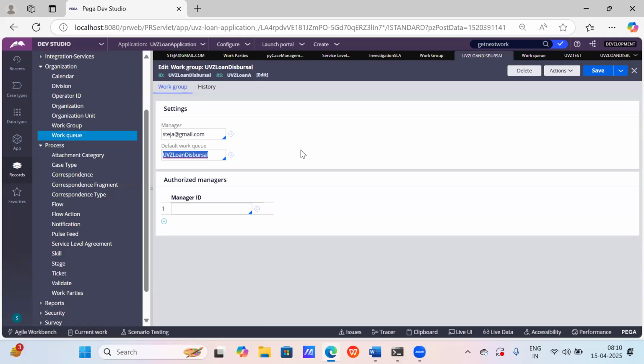So it says that we have a work group called new user loan dispersal. For this work group, we can have n number of work queues, but you need to have one default work queue that you need to provide here. Clear? This plays a major role. I will tell you the importance of specifying the default work queue. We'll be having questions that we'll be discussing for sure. Keep in mind, one work group can have multiple work queues.